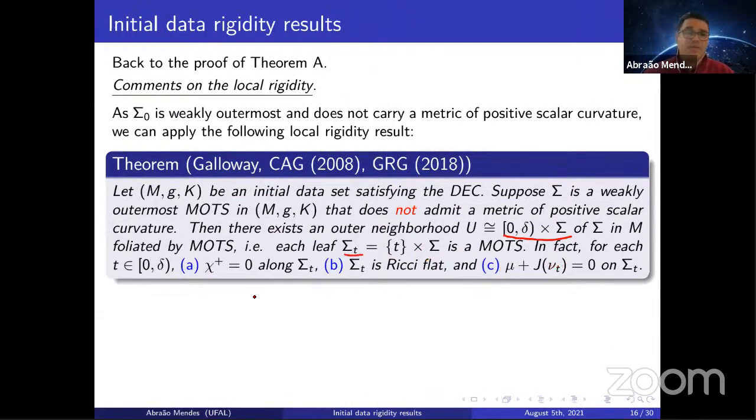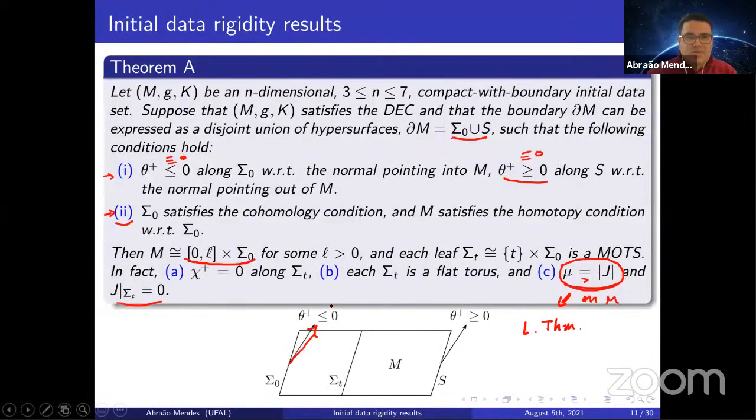In fact, he proved more. He proved that each leaf has null second fundamental form chi plus equals 0 along sigma t, along the leaf. Sigma t is Ricci flat, and we have this equality here on sigma t. Okay, so this condition is exactly the same as in theorem A. So we are done